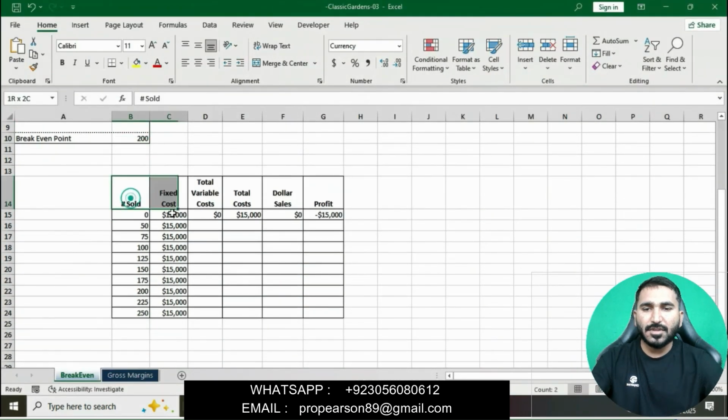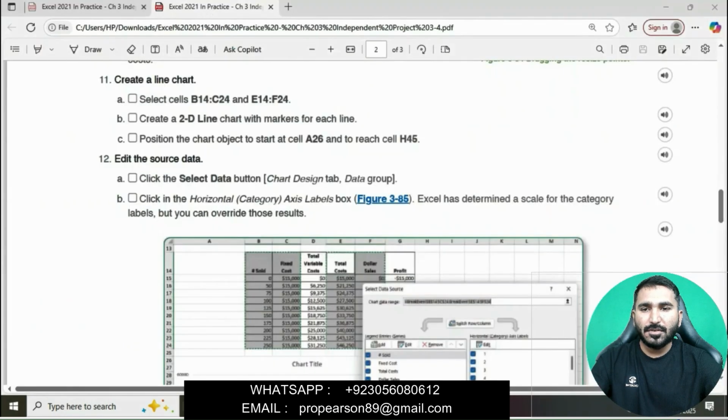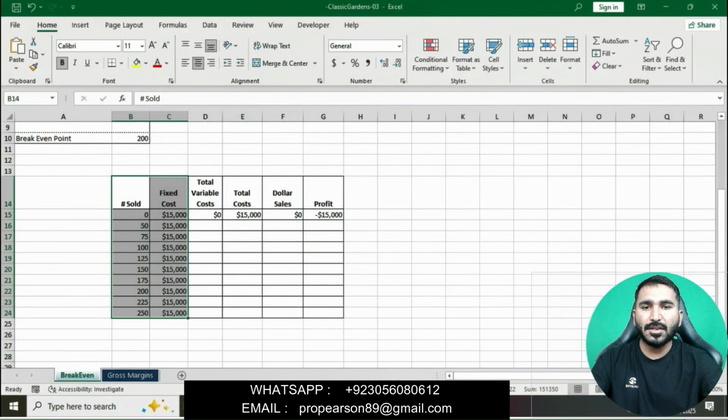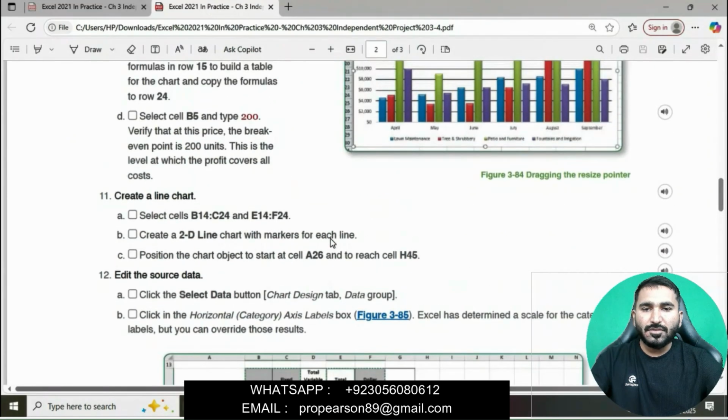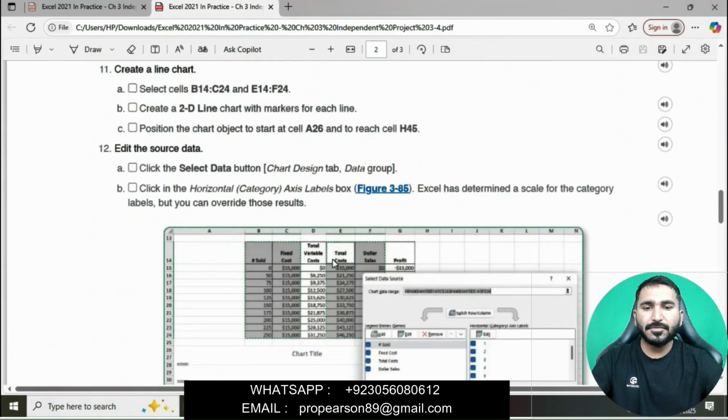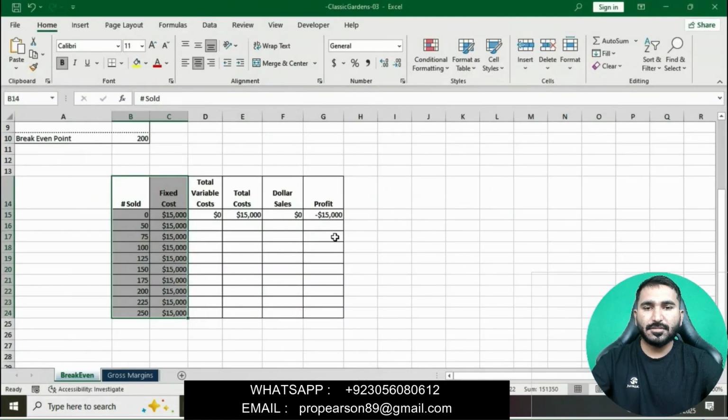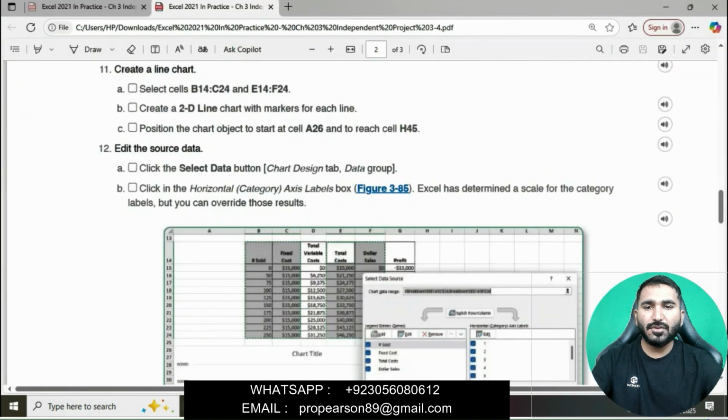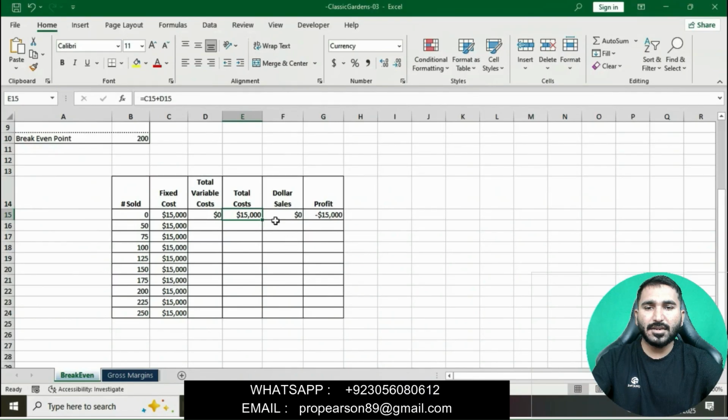First we will select the first range, B14 to C24, and then press Ctrl and select the second range, E14 to F24.